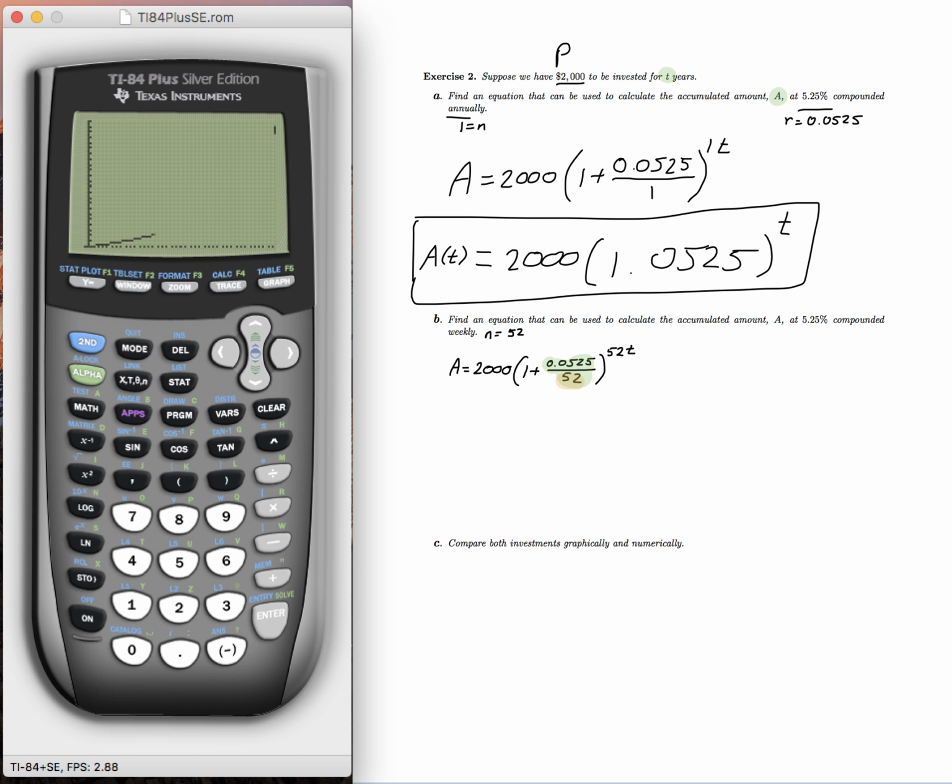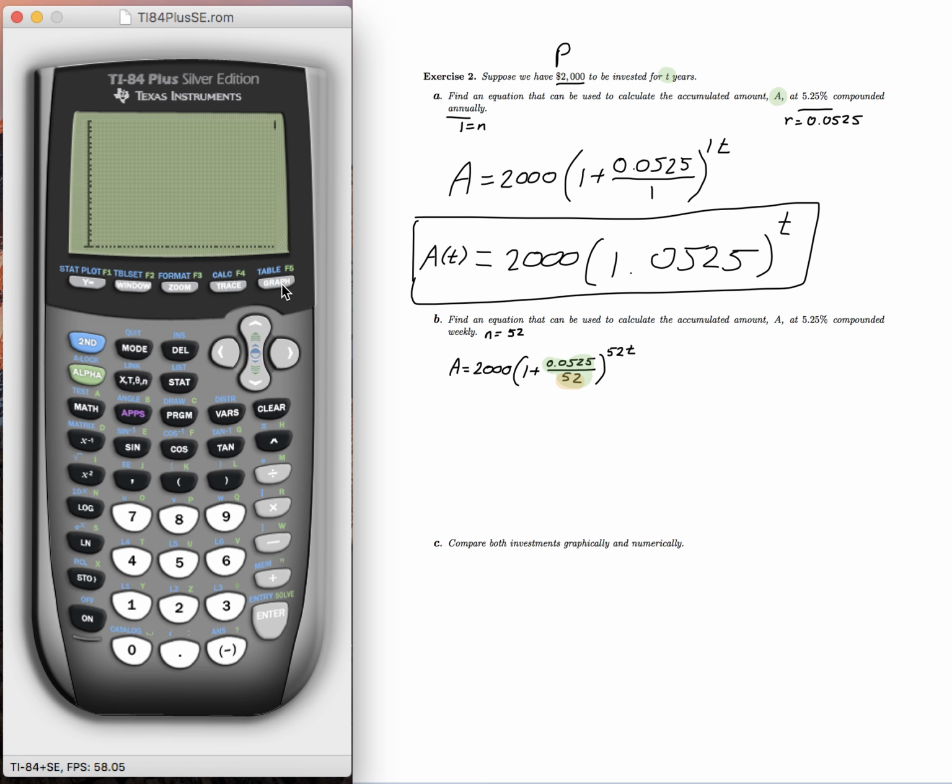Hit graph again. Alright, so our first function growing with that gentle exponential curve, and our second function you can start to see outstripping it. Now, the further out you go, if we adjust this out to 50 years,